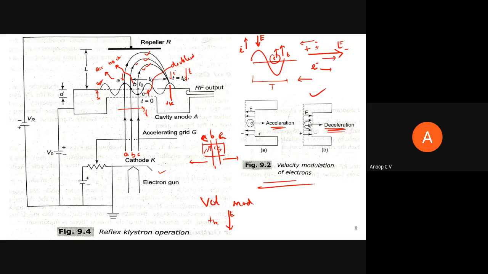So electrons will be decelerated, which means initially electrons had some very high kinetic energy. Why? Because they are getting repelled and moving very fast in the downward direction. But when they encounter this electric field, they will be decelerated. Kinetic energy depends upon velocity, half mv square, right? So velocity is reduced, kinetic energy is reduced, but the total energy has to be conserved, right? By the law of conservation of energy.